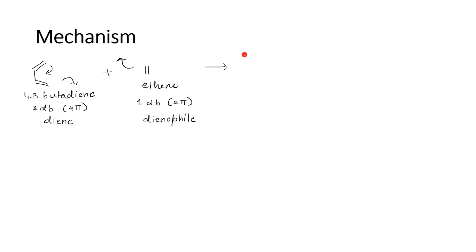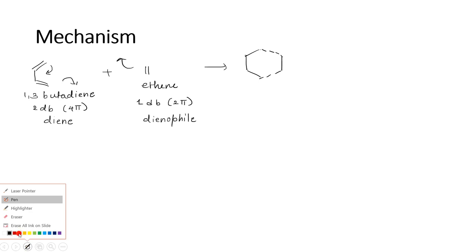The reaction takes place via a cyclic transition state. I'm just showing you the motion of electrons. This is our original diene. This is our dienophile. A new bond will be formed over here and over here. Now which bonds are going to break? Just look at this. This double bond which was previously there is going to break. This double bond is going to break. And the new double bond which is going to be formed over here is this. The black ones are the new double bonds.